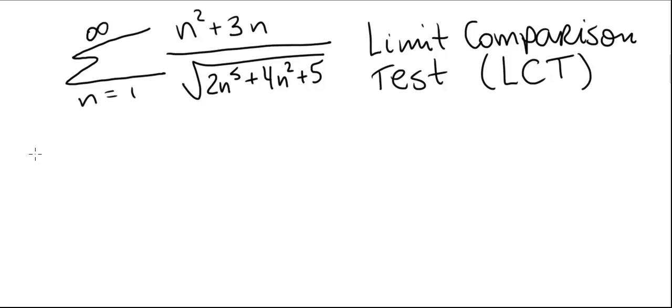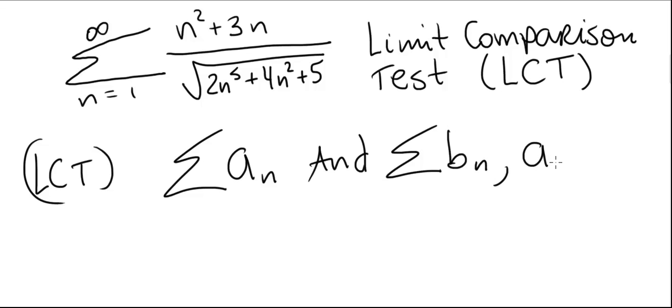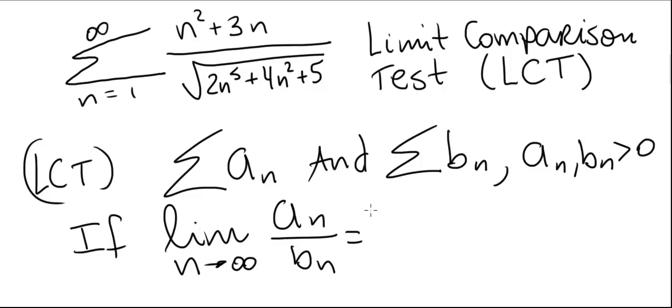Here's how this test works. Suppose we have two series, one we call the summation of a sub n and the other the summation of b sub n, with the restriction that a_n and b_n must be positive for all n. If the limit as n approaches infinity of a_n over b_n is equal to L, and this limit L is positive, can't be zero, and finite, then